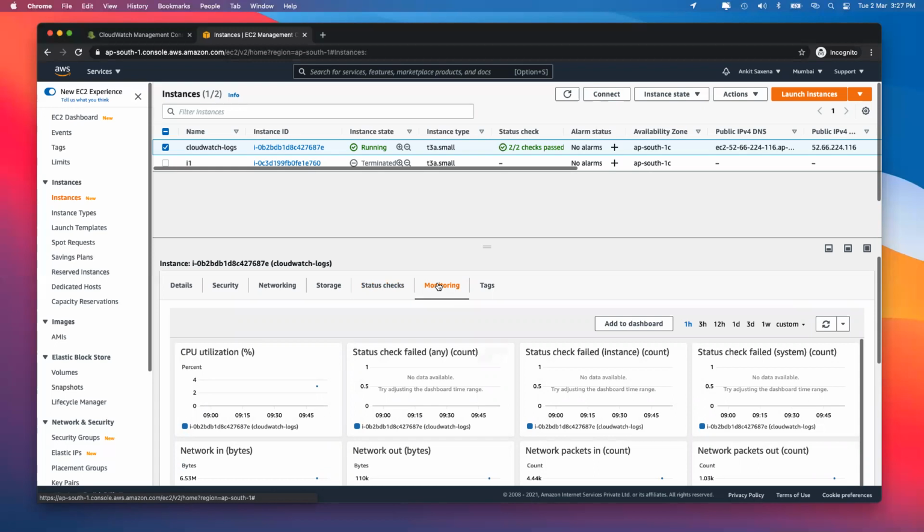Alarms are not a property only of the EC2 instance. You might also create an alarm for your S3 bucket. You might want to create it for your RDS instance. You might want to create it for your DynamoDB and so on. So alarms are a dynamic thing which can be created for any service and for the parameters for which AWS is supporting that particular alarm. So you can go and create an alarm.